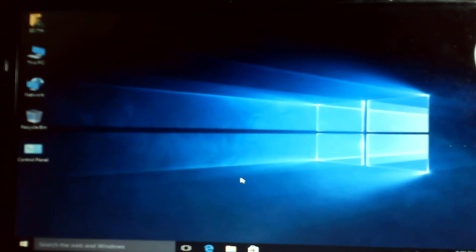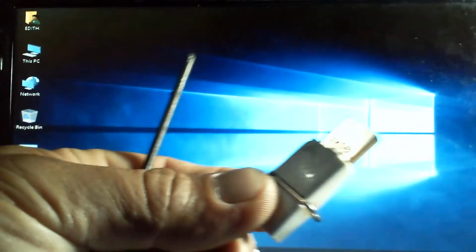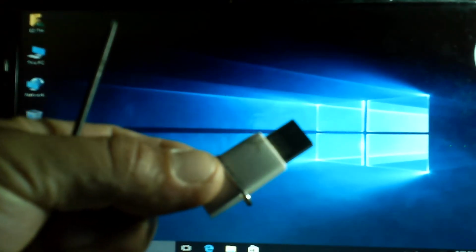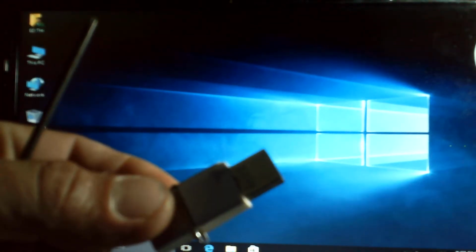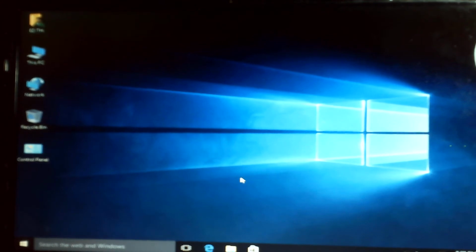So we have here a flash drive. Can you see it? Okay, so we have here a flash drive where those installers are stored. Okay, so let's have it. Let's put it into the USB port. But before that, we need to proceed first into